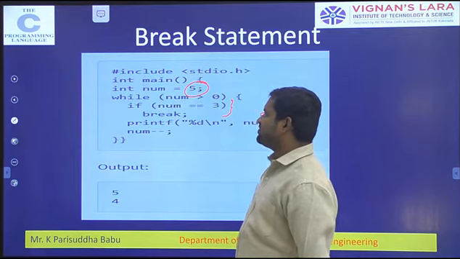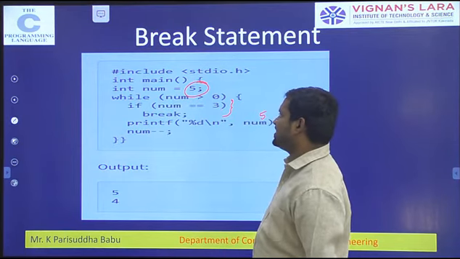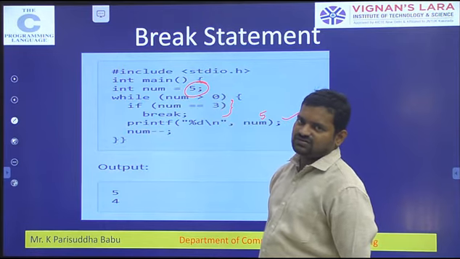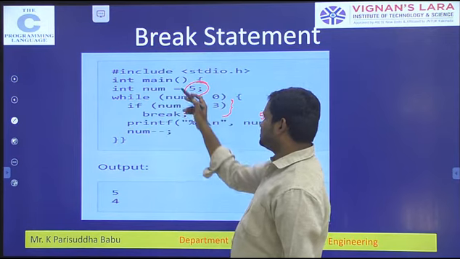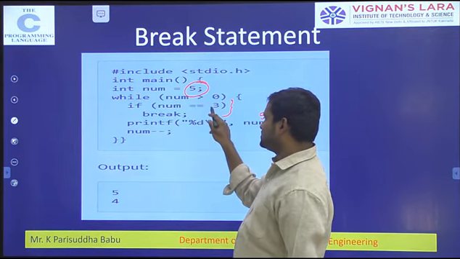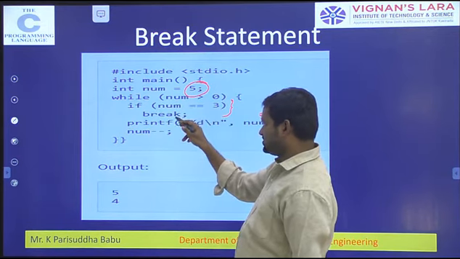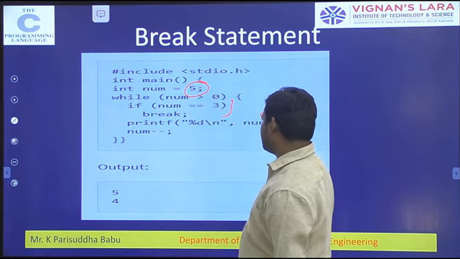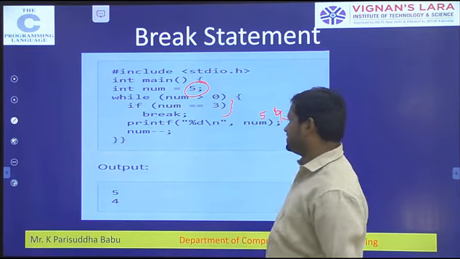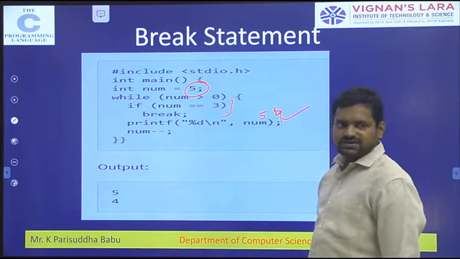Now the number is 4. 4 greater than 0, yes, it is true. Now checking 4 == 3? No. So the break will be skipped, and 4 is printed.